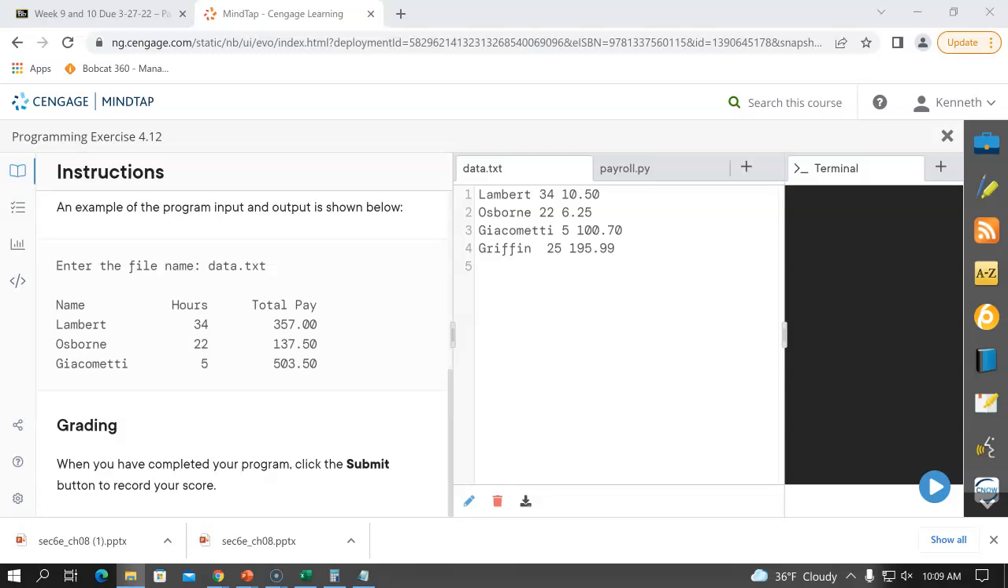All right. So we know we're going to get this file. So open file. So we're going to ask them to give us a file name. So very similar to what we've done already. Now we just have to